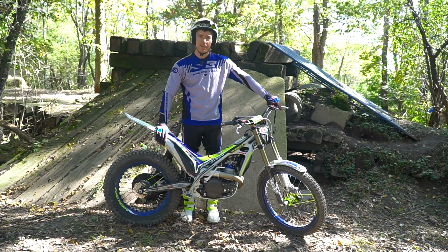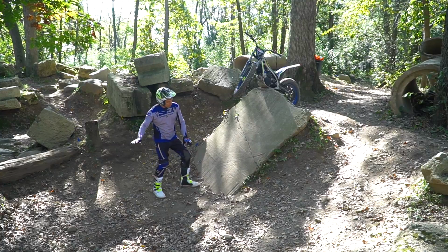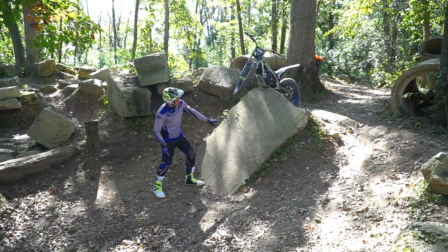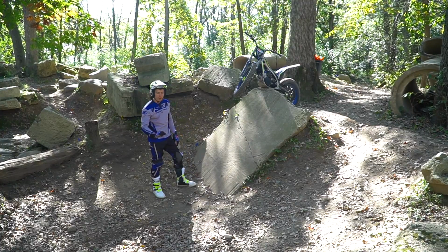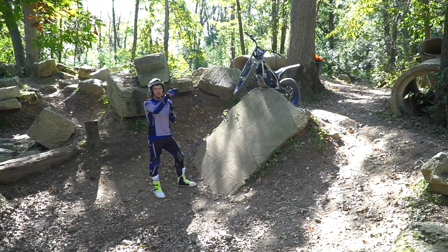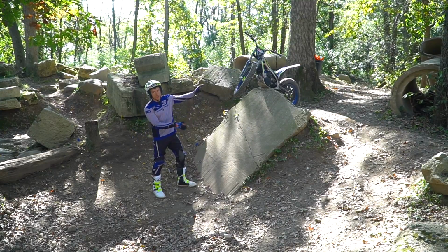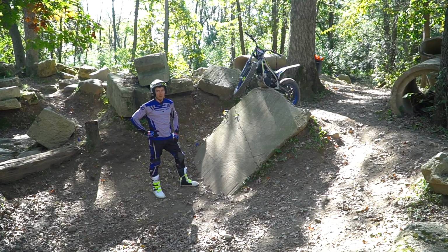On the Pegs. Today, I'm going to be talking about the ride up. A ride up, or roll up, is when you drive the rear tire into the bottom of the obstacle, and the rear tire stays on the obstacle and drives all the way to the top. You're just giving it one burst of throttle at the bottom. It isn't a double blip with two bursts of throttle. It isn't a zap where you're trying to lift the rear tire up. Not a splatter where you're trying to jump off the ground. You're just driving to the top, which is a pretty basic technique, but it can also get you up some